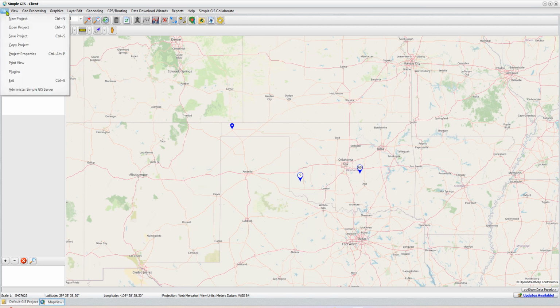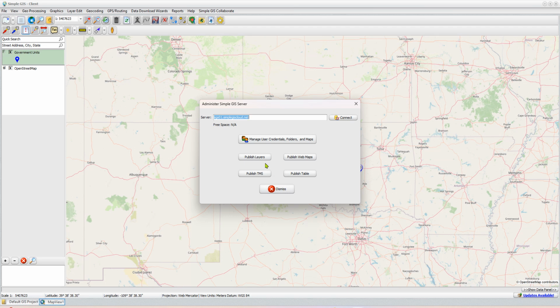And so now to publish this, I would go to my File menu, and I would go to Administer Simple GIS Server. And when you do this, you'll get the dialog box, and the first thing you need to make sure is that you have the appropriate URL for your Simple GIS Server instance. In this case, I'm using a hosted Simple GIS Server instance. So I just enter in this SGS01, this is basically the URL for my server instance that I received. You don't need to include the HTTP or HTTPS in the front. Just simply enter in